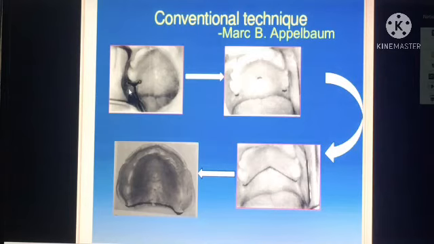There is a correction in this picture. Here the ball end should be placed towards the buccal side. So once the hamular notch is located, we are marking it with an indelible pencil. The method that is used to locate the hamular notch, the instrument, everything we have discussed in our previous session. So if you have not watched it, please do watch it through the link that is given in the description